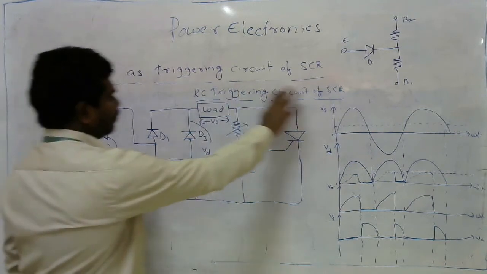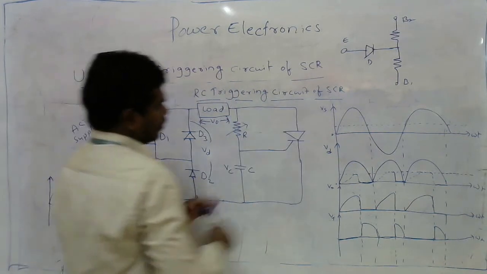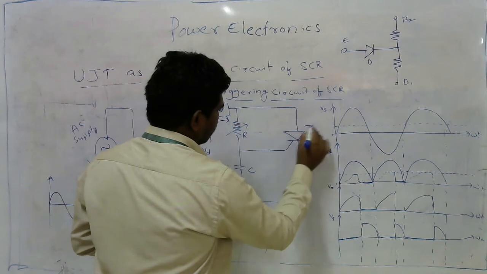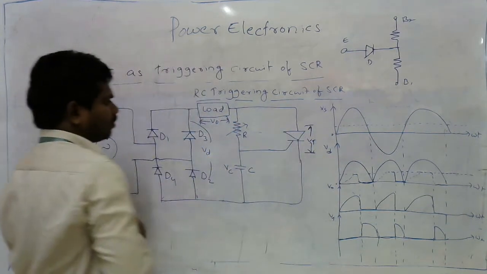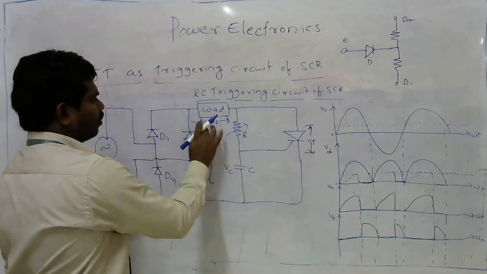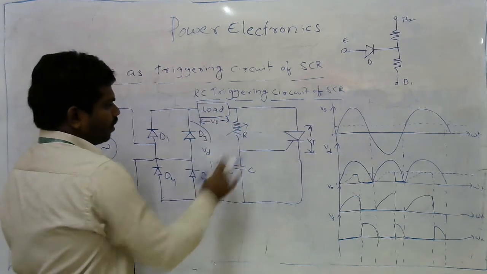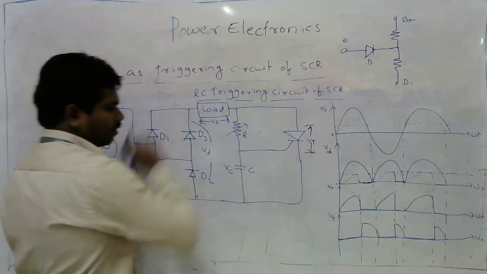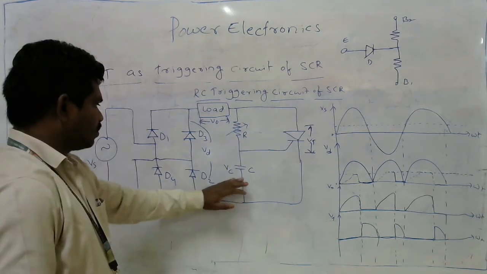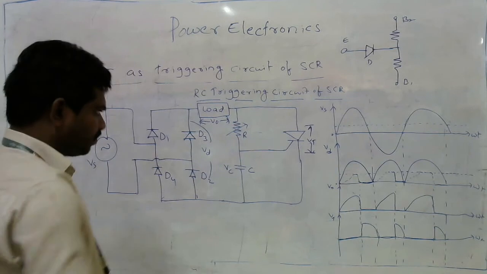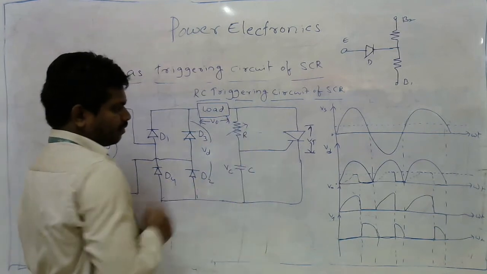So from this I am connecting one circuit. This is a common circuit. When we see the remaining circuit, this is my voltage across thyristor, and this is a load. Voltage across load is V0. This is my RC, and this I'm using as a potentiometer, right? And charging, discharging. Look at this. It's very easy to understand.